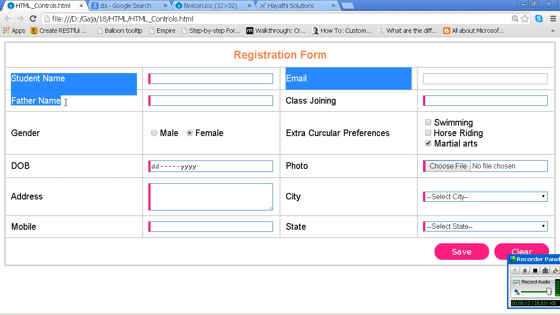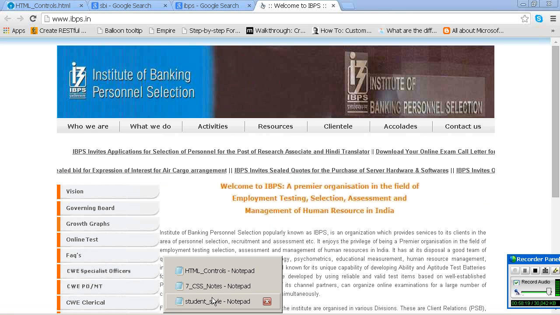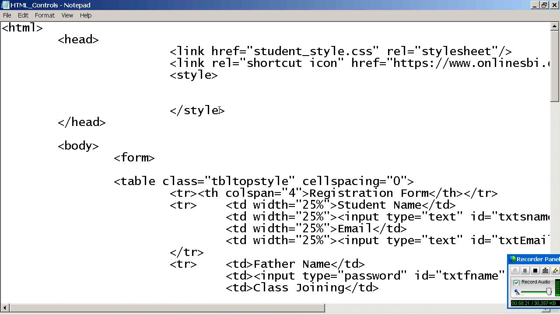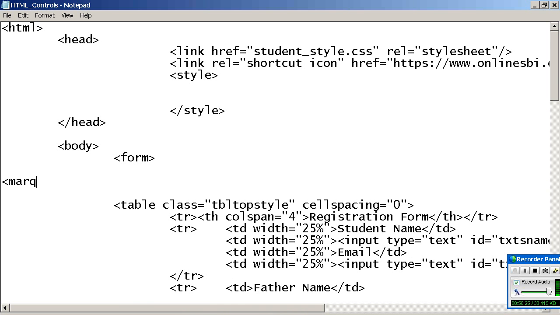Leave the marquee. The tag I will tell you finally. Marquee is useful for scrolling.